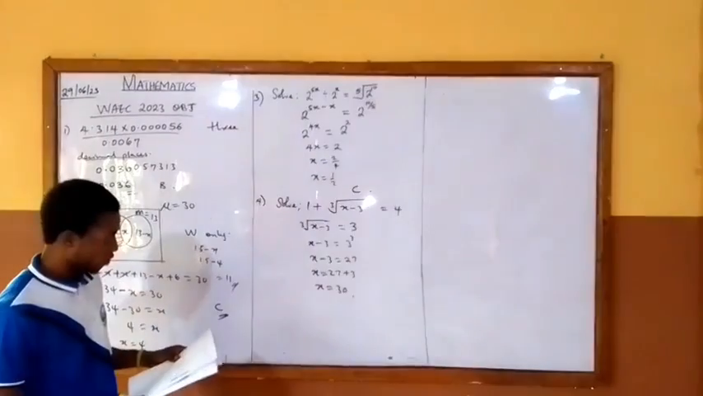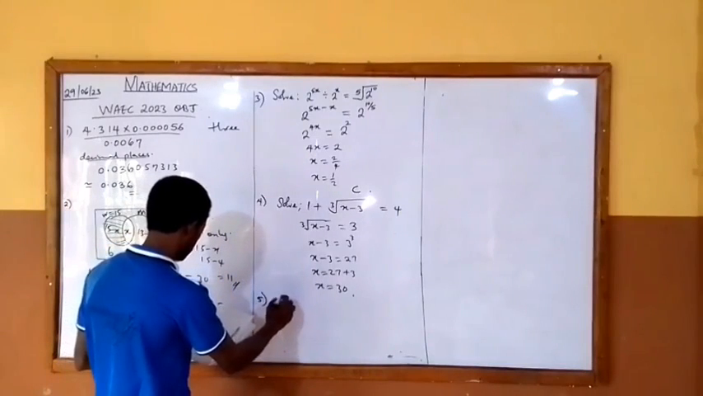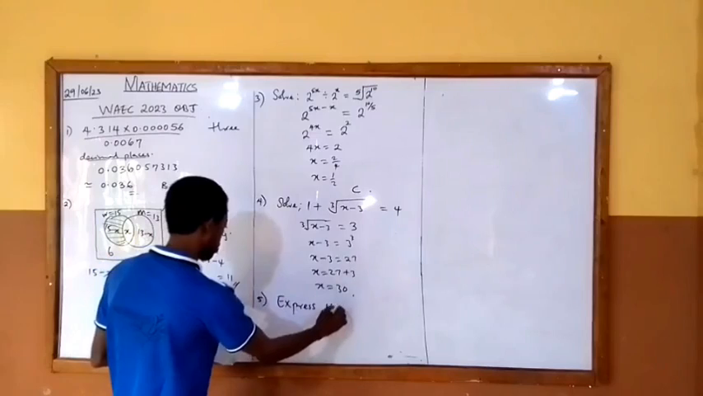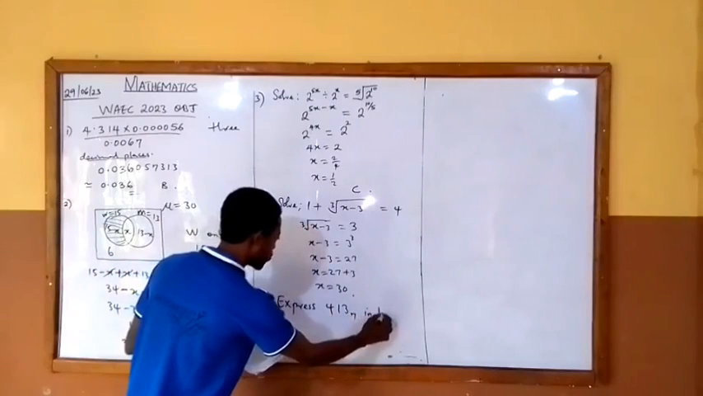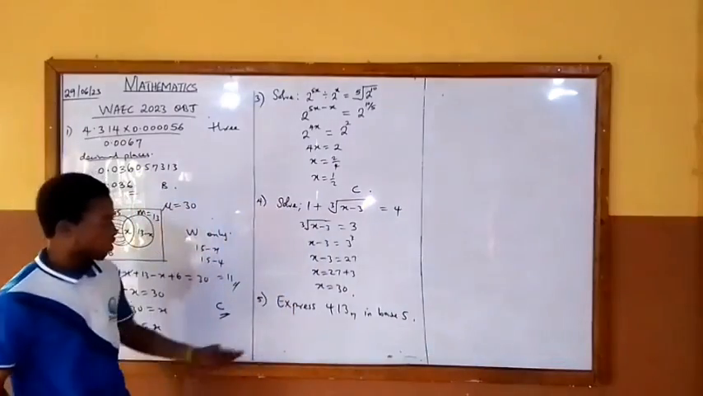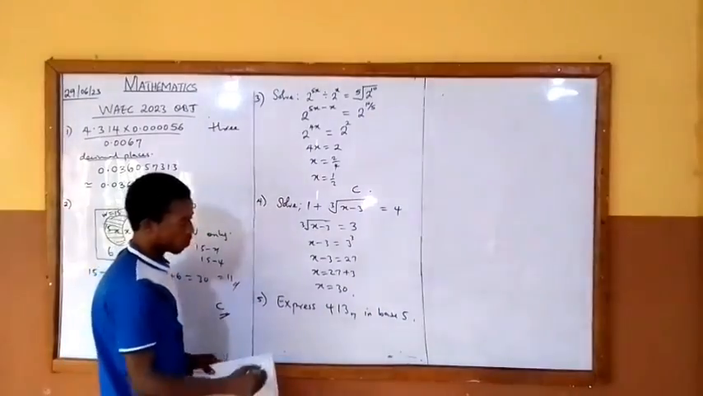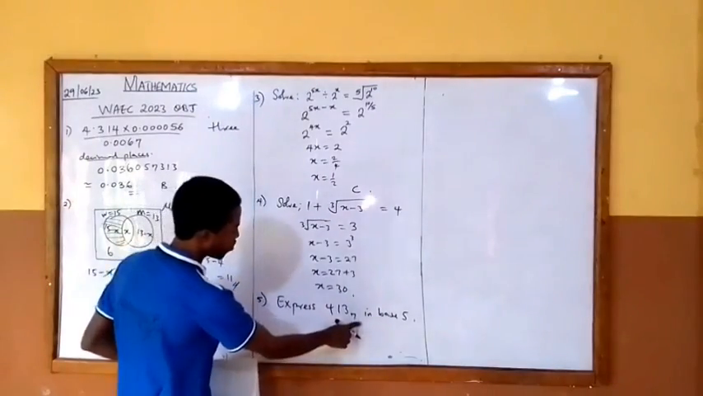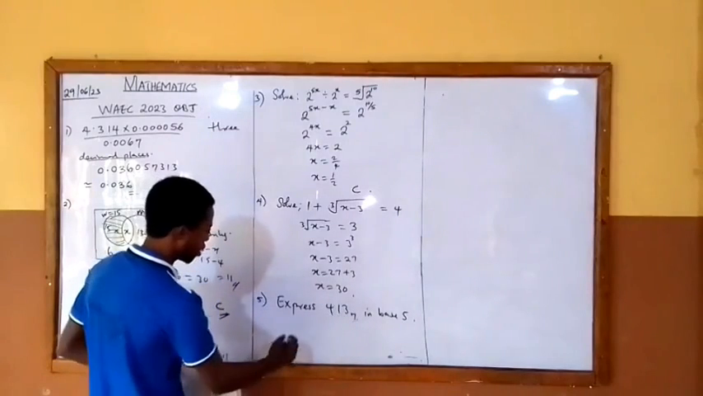In question number 5, they said express 413 base 7 in base 5. This is number-base question. So we are to express a number from 413 base 7 in base 5. You should note that you can't move directly from base 7 to base 5. There is need for you to change from base 7 first to base 10. Expand this one into base 10 and you have 4